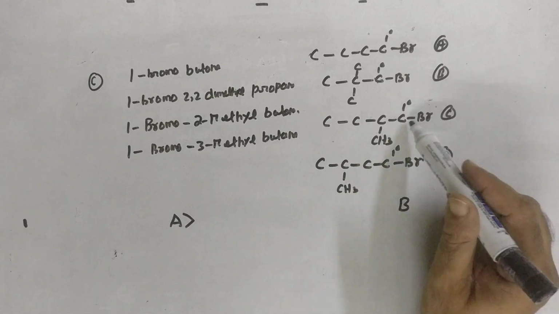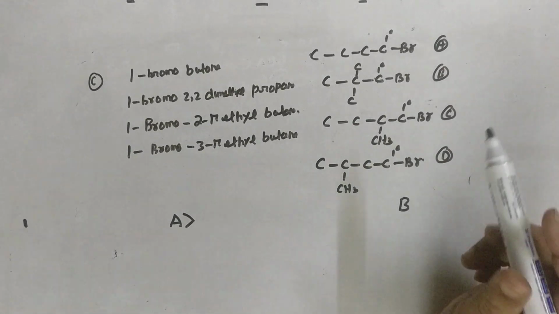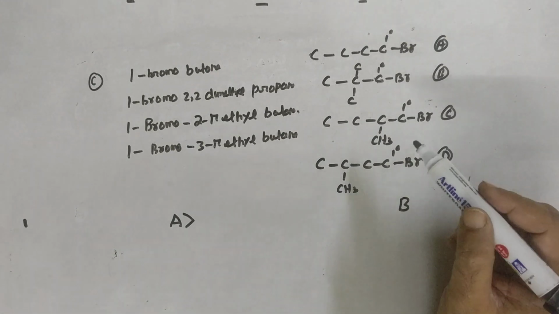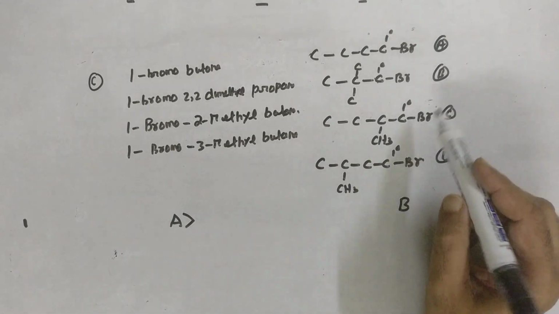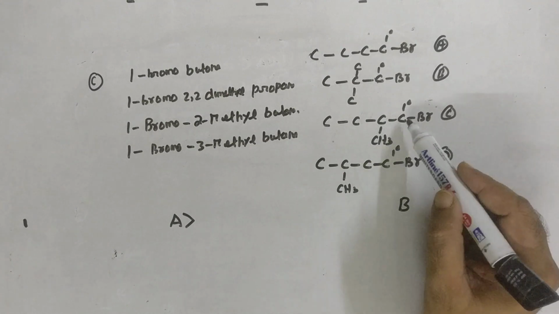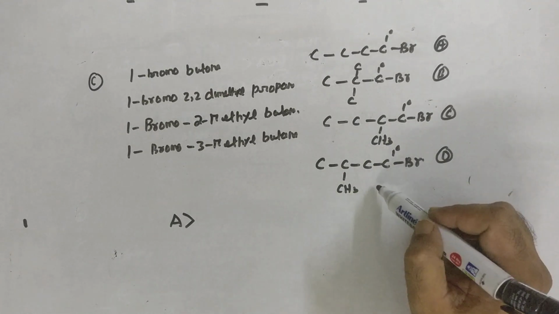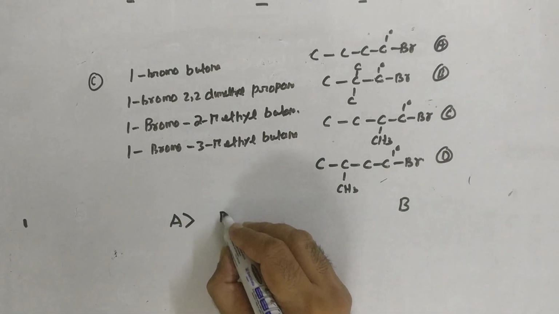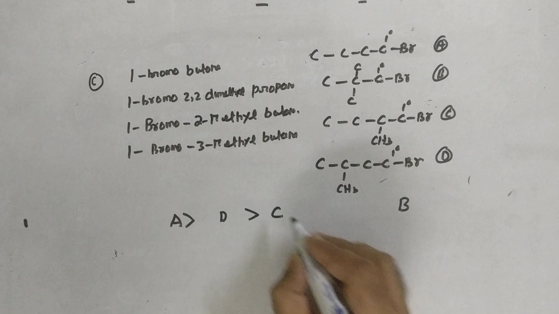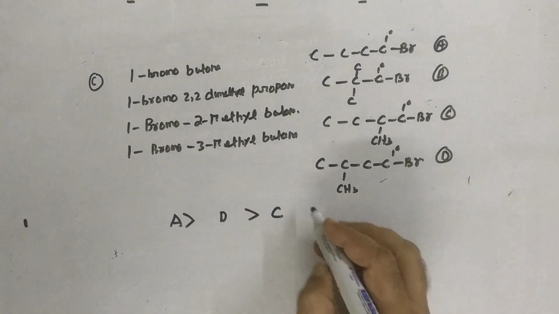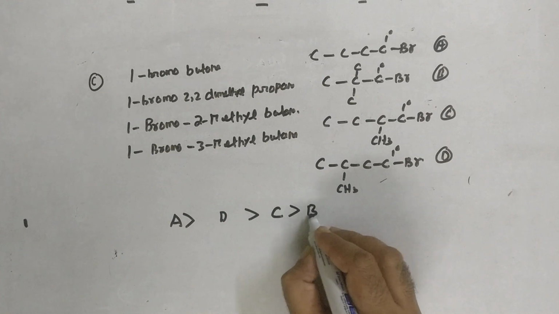Let's see out of these two, because this is one branching and this is only one branching. Now this already we have discussed. I think this is the third time I'm discussing this. CH3 is closer to the Br, so back attack will not be possible. Steric hindrance is more. In this case the space is there for the back attack. Out of C and D, who will be more reactive? It is D for donkey and then C for Calcutta. The order will be A, D, C, B. That is the order of reactivity in this particular question.